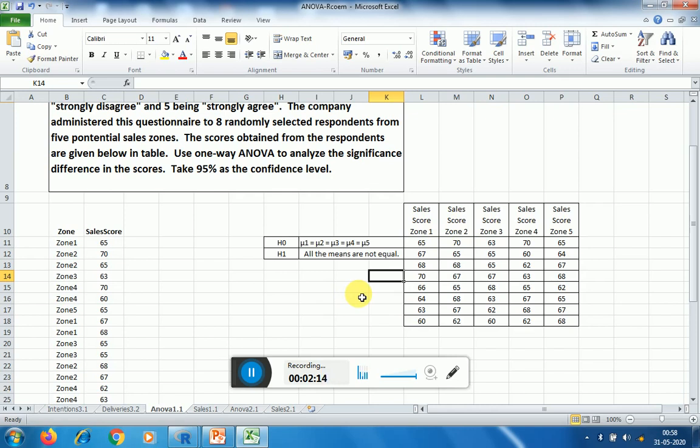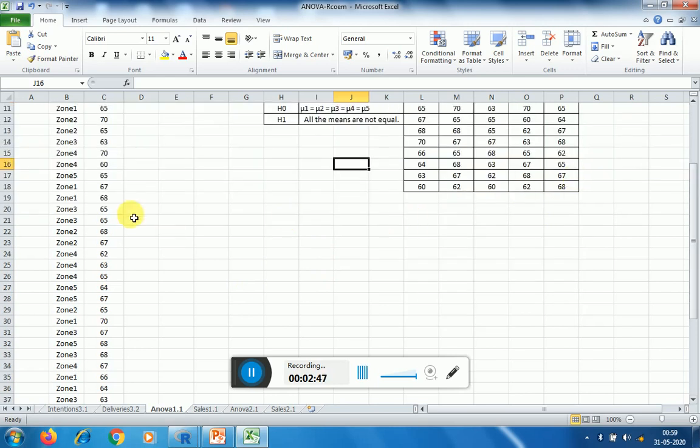If we are having only 2 treatments, then this will be equal to hypothesis testing for 2 sample means. So in analysis of variance, this is a case which is also called as completely randomized type of design, CRD. So in completely randomized designs, we have different treatments, more than 2, and we are interested in testing the means between these various treatments. Now this is a table which is tabulated, but normally the data which is available with us is in this particular format.